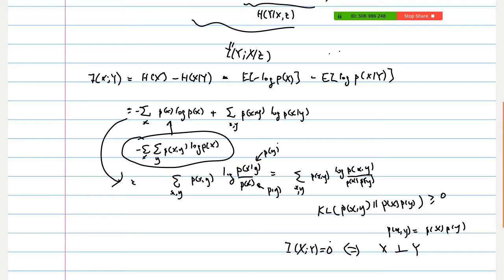So only if x and y are independent, then the mutual information between x and y will be equal to 0. So it's very intuitive. If they do not share any information with one another, then they should be independent. So this is a kind of like there is no correlation. Yes, there's no correlation, and actually,